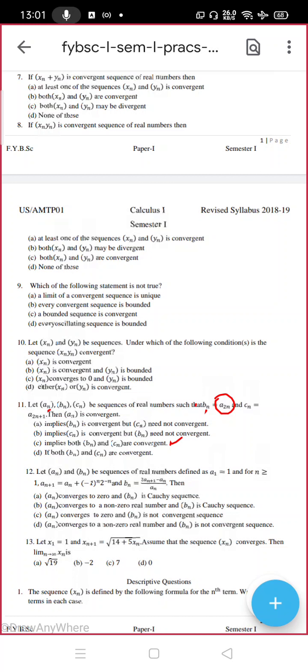What about the 12th one? I told you one thing: in the case of real Cauchy sequences, understand Cauchy the same as convergent. This is not different for us. So consider it as convergent. Wherever you see the word Cauchy, you can consider it as a convergent sequence. Okay, can you tell me? Anyone?